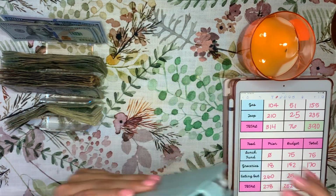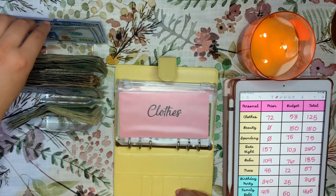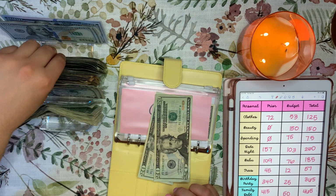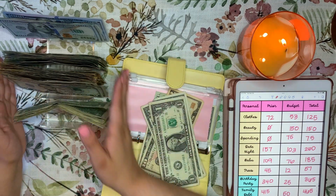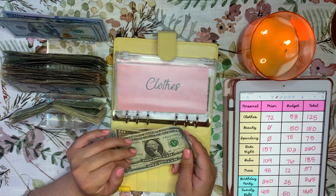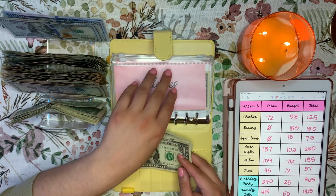Moving on to my yellow binder. In clothes, I am adding 53. And so when I was doing this stuffing, I was asking myself, okay, I want to buy an outfit. You know, I want to buy an outfit for graduation and maybe just some cute outfits for New York. But that would mean I would either need to significantly increase my clothes budget or my vacation budget. And I just think I'm going to take it from vacation, because what I envisioned for my clothes